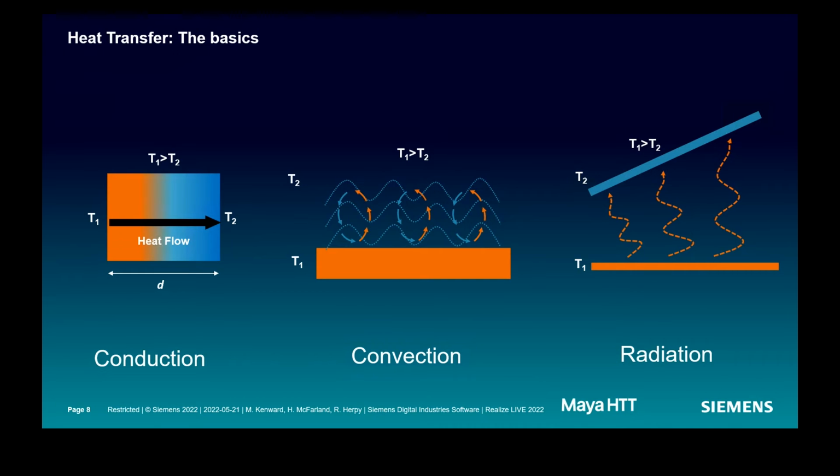There are three categories that you can think of. One is conduction. If you have a metal bar, for instance, where the left half is at temperature T1 and the right half is at temperature T2, if you wait long enough, it will equilibrate. The whole thing will be an average temperature, and you'll have heat flowing from the hotter side to the cooler side, and that's what we refer to as conduction.